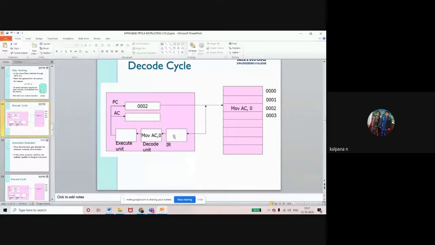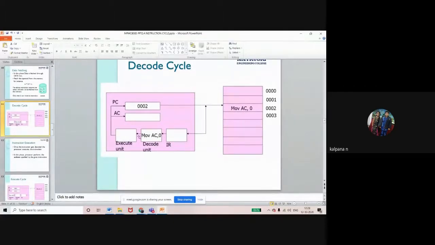After storing it, it will decode the instruction by sending it to the decoding unit, where MOVE AC comma 0 is converted into numbers like 01101001. After converting these numbers, they are given to the execution unit.